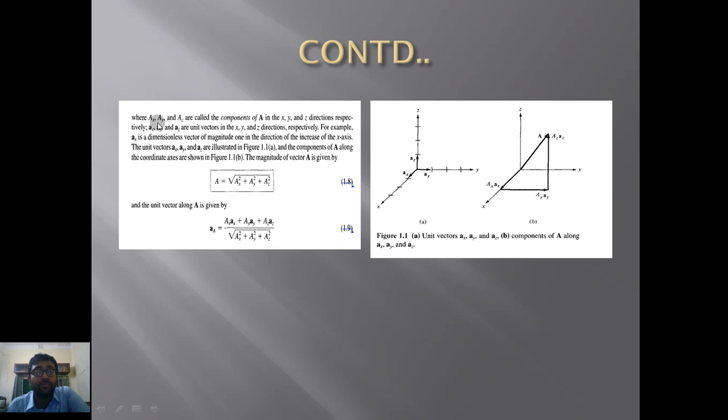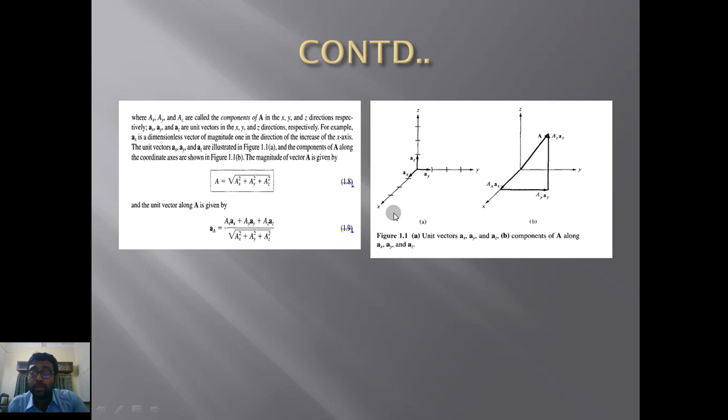Now a suffix x, a suffix y, and a suffix z are called the components of A in the x, y, z directions respectively. That's what I've already said. Small a suffix x, small a suffix y, and small a suffix z are unit vectors in the x, y, z directions respectively. For example, a unit vector is a dimensionless vector of magnitude 1 in the direction of the increase of the x-axis. The unit vectors a suffix x, a suffix y, a suffix z are illustrated in figure 1.1a,